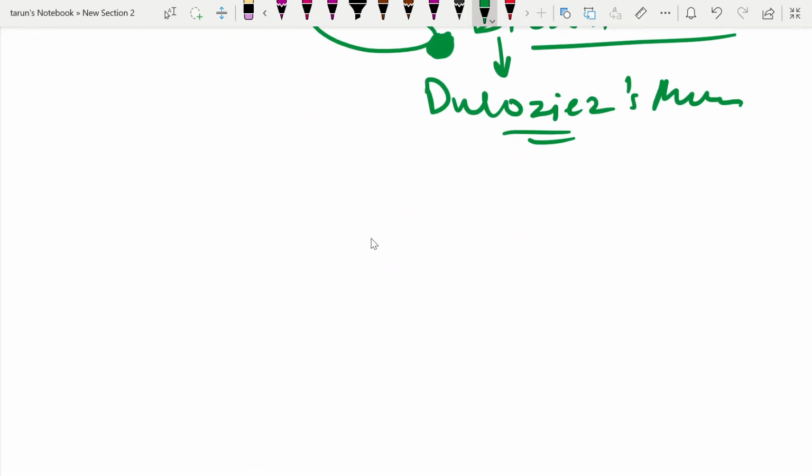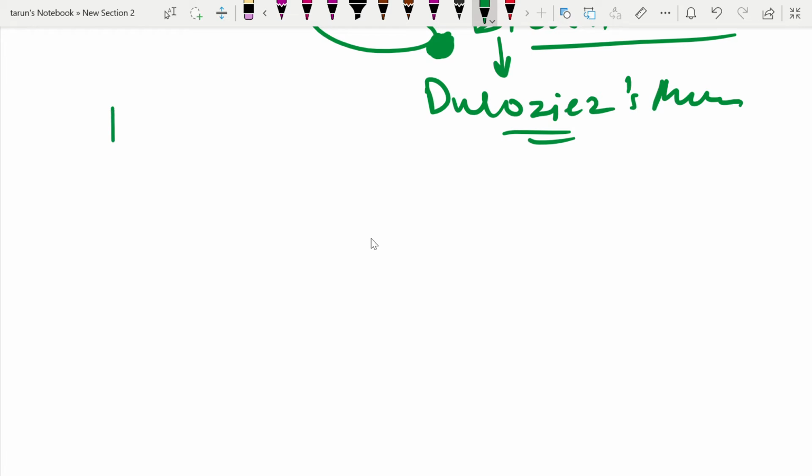Then what is Hill sign? Hill sign is basically an increase in the femoral artery systolic BP of more than 20 millimeters of mercury above the brachial artery systolic BP. That is Hill sign. In healthy people, the systolic difference between the two extremities remains within 20 millimeters of mercury. In severe aortic regurgitation, the difference becomes more than 60 millimeters of mercury. It is a very important and specific sign of aortic regurgitation.